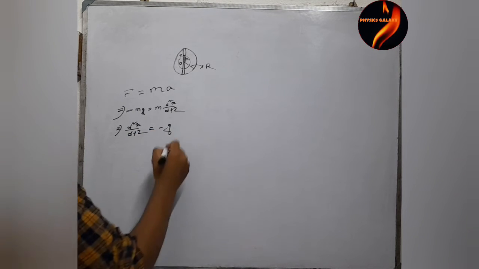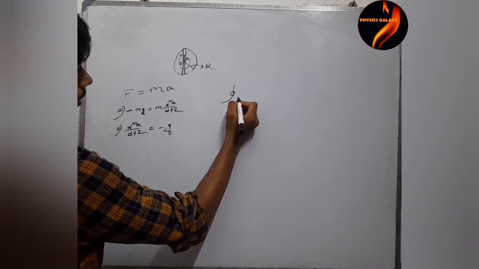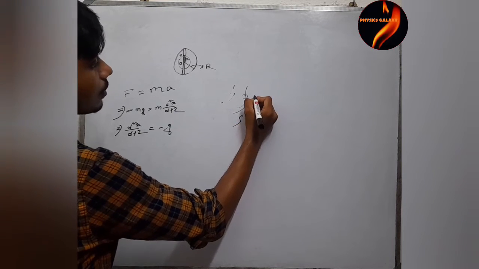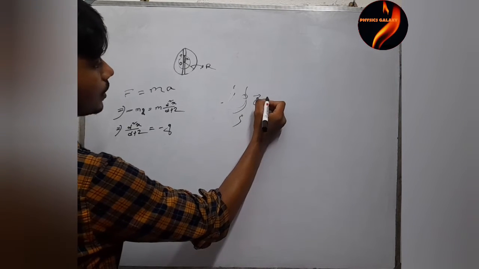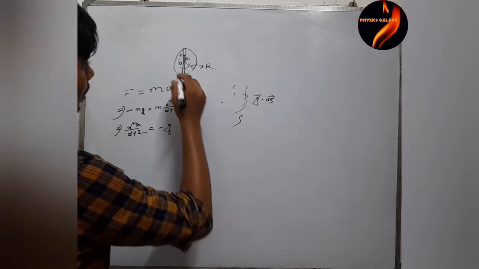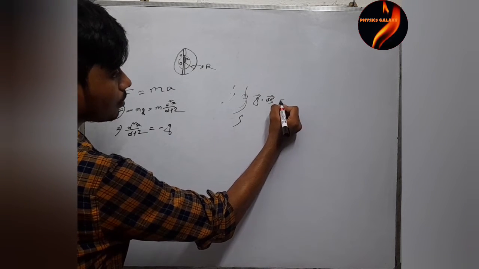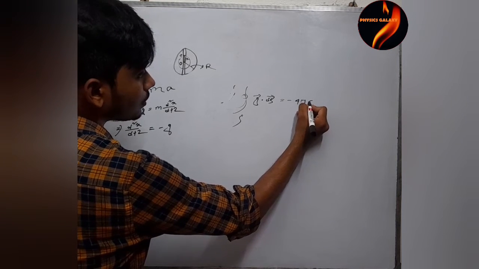And if we calculate g from Gauss's law, we know that the closed surface integral of g dot ds, here g is the gravitational acceleration,